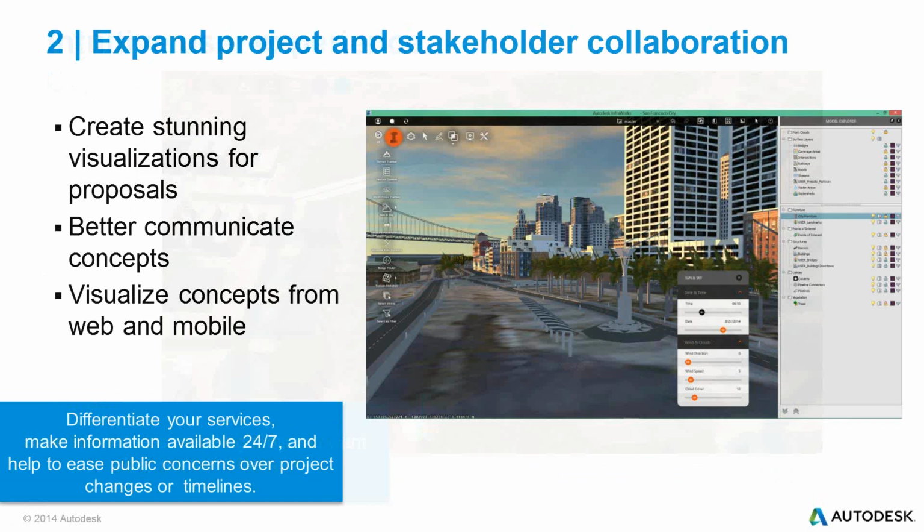There are going to be some screen captures here, but really I want to show you those in the demonstration. So creating stunning visualization proposals, better communicating concepts, and also visualizing those concepts from the web and also mobile.